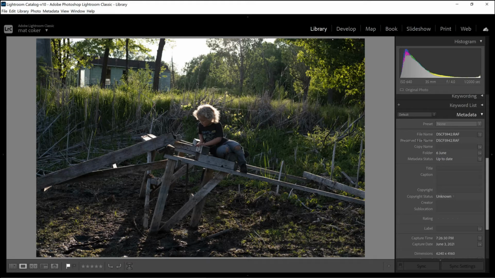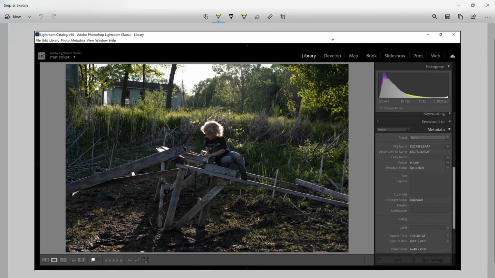Okay, so first, how to read the histogram. So you'll see the histogram over here. Now, don't worry about these numbers. These are irrelevant for the moment. So notice the chart. Basically what your camera does is it measures the brightness of every single dot of light in your photo, because a photograph is made out of light. And there are millions of these dots on each photo, and it measures them,